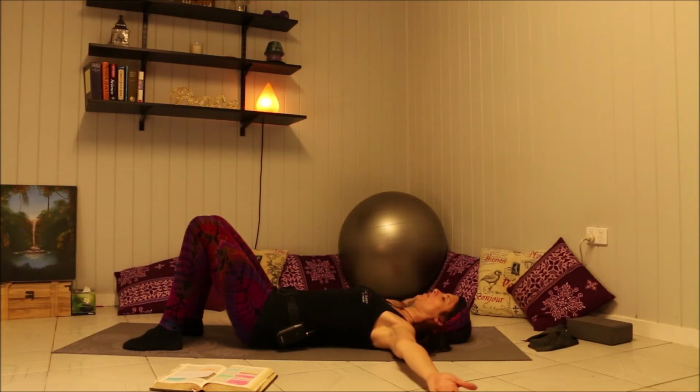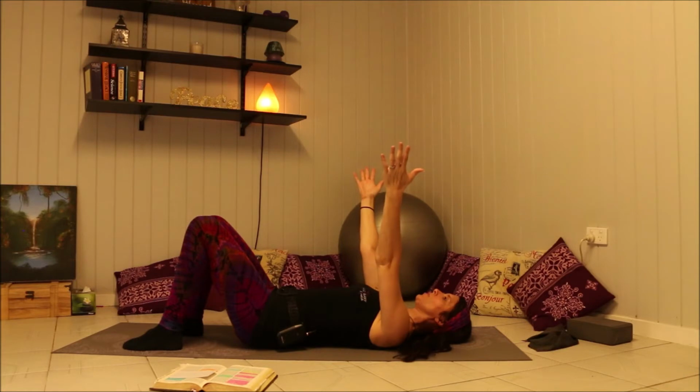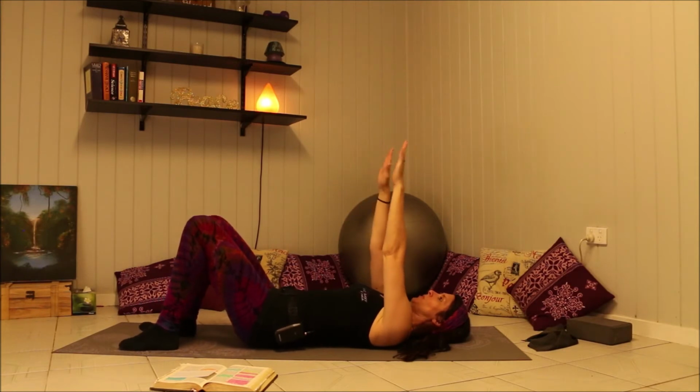Extending out through the fingers, switching on all those muscle fibers in the arms, and then begin to press up against resisting gravity. Up you go, slow, slow, slow. These are really gentle passive stretches for the shoulder, help to increase our range of movement. Good. And then staying in Superman pose now, we're just turning the palms to face the toes, still